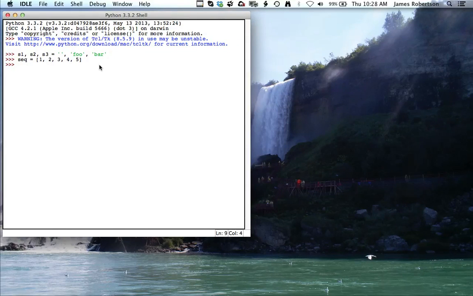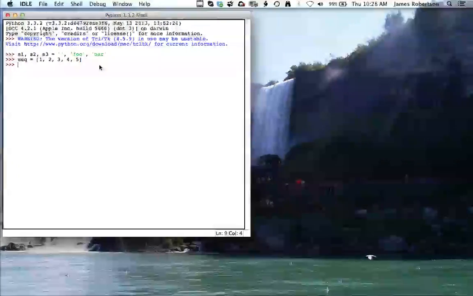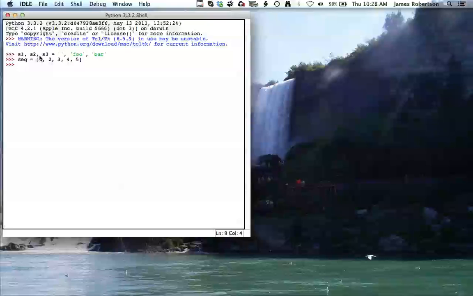This morning I wanted to go through a couple of small things about Booleans in Python and just go over some of the rules and priorities of things. I've set up two little simple things here. I've assigned S1, S2, and S3 to an empty string, foo, and bar, and then I've set up a little